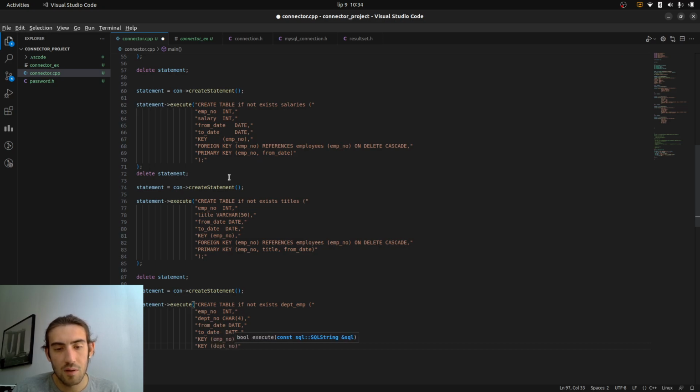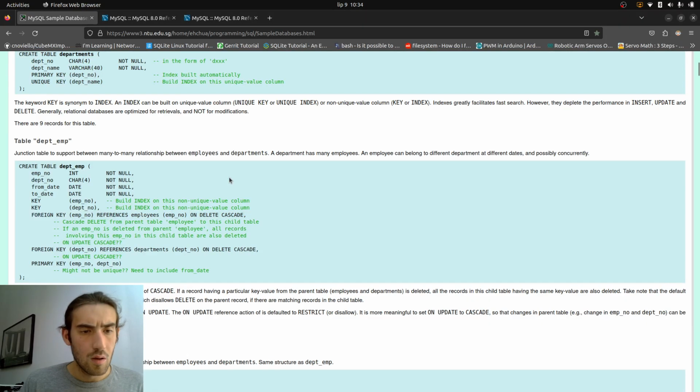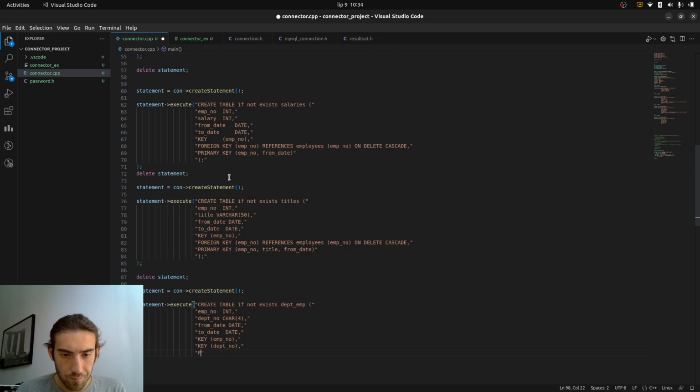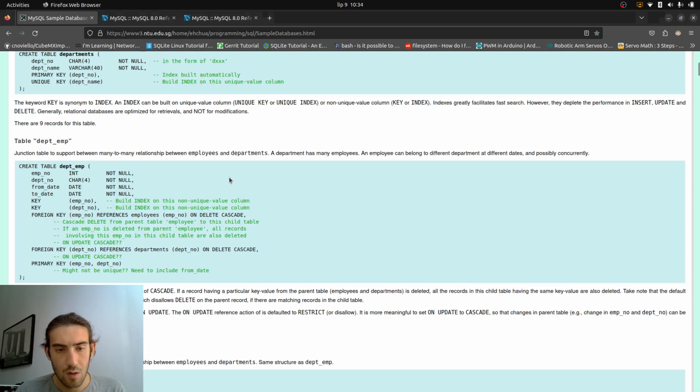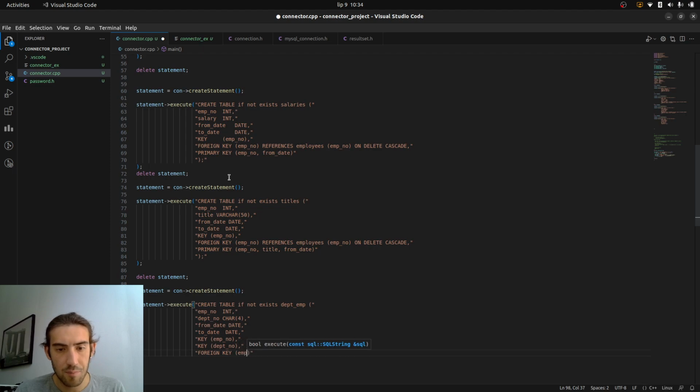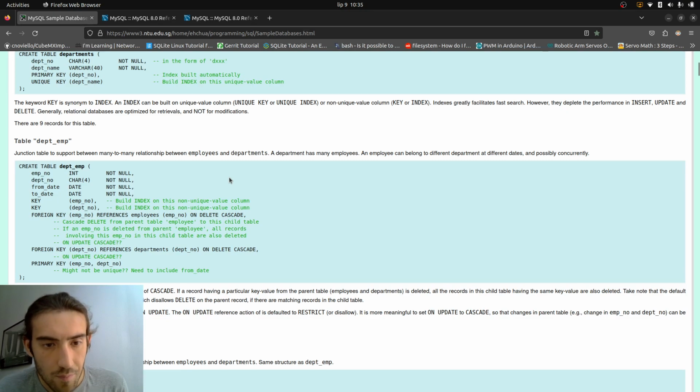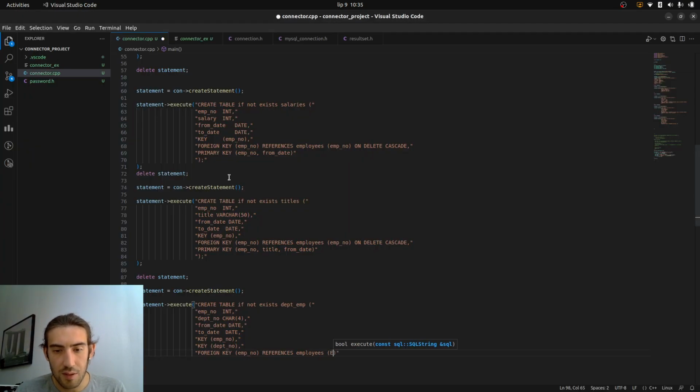Department number is also the key here, and the foreign key is the employee number, references employees, short letters, employees, employee number, on delete cascade,